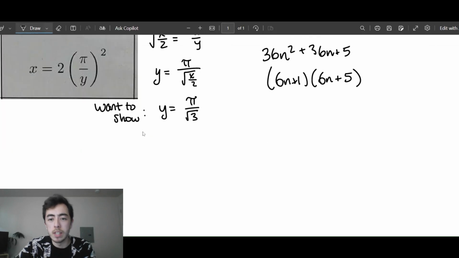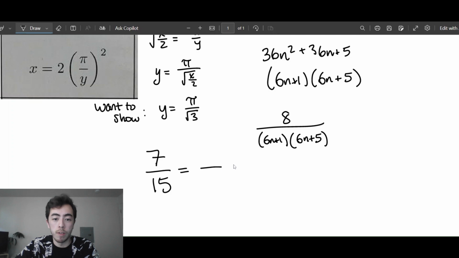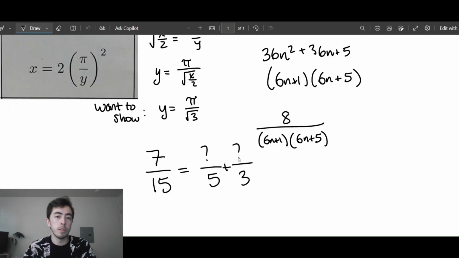And I'll keep the 8 in there, I think. 8 over 6n plus 1, and then times 6n plus 5. And anytime you have a fraction whose denominator is factorable, you can write it in partial fractions. The idea is like, say we had 7 over 15. I know that we can create this fraction with some amount of fifths and then some amount of thirds. And then it's a little bit of a puzzle to figure out how many of each you need, but